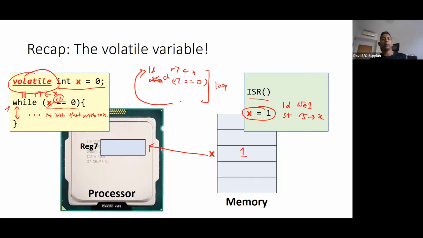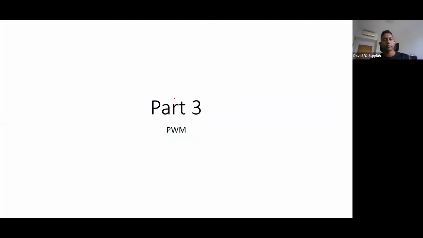So that helps me to capture any change in the actual X variable in memory. That is why the volatile variable is very important when you have shared data between interrupts and the main code. So that was just to wrap up on the interrupts.